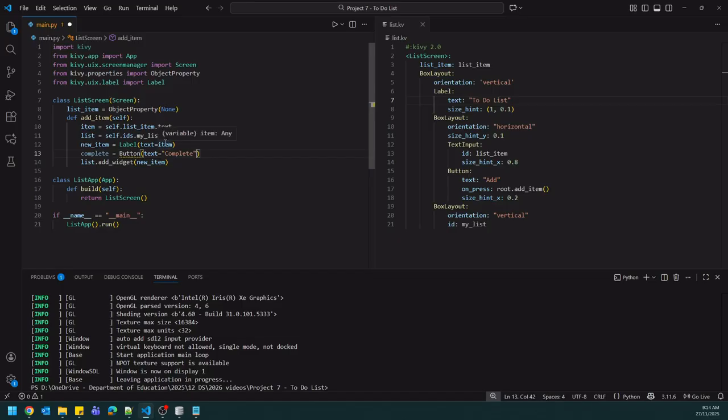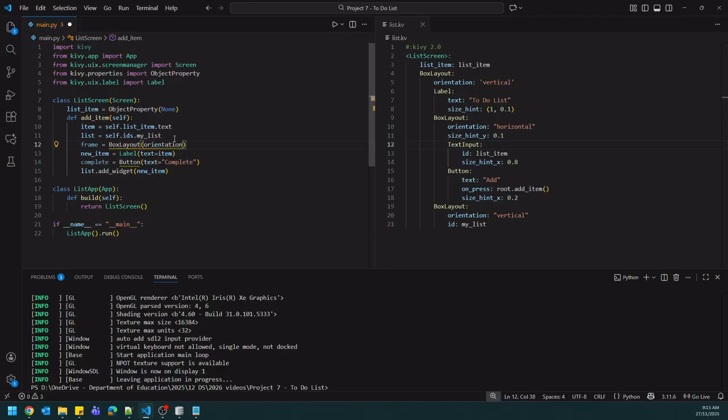Because we want these to sit together, what we'll do is very similar to what we've done up here with the text input and the button: we'll include them inside of a box layout. So I'm going to call this frame. We're going to frame it out with a box layout,